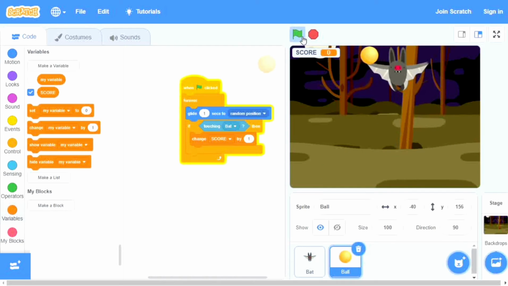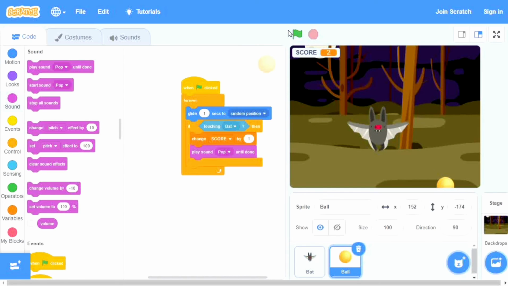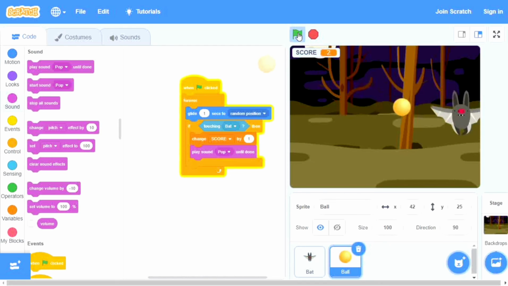Yes, okay, it's working properly. And we also need to make a pop sound when it changes the score. So "start sound pop until done". That makes it like this. Look. So it changed the score,